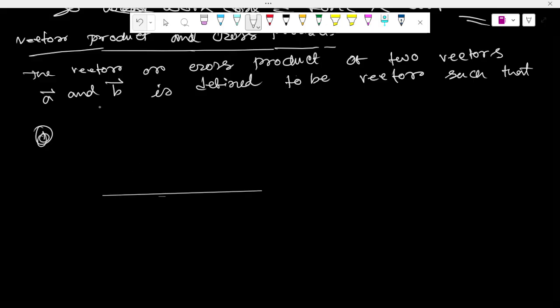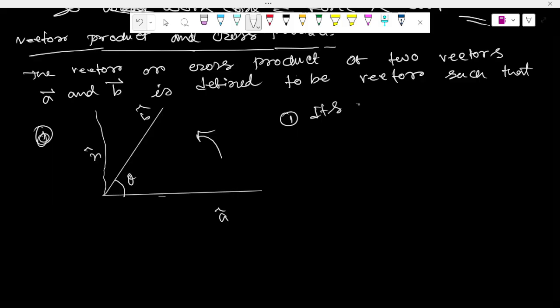This is a vector, and this is b vector, and this is angle theta. Okay, and this is n cap. This is not drawing well. So its magnitude,